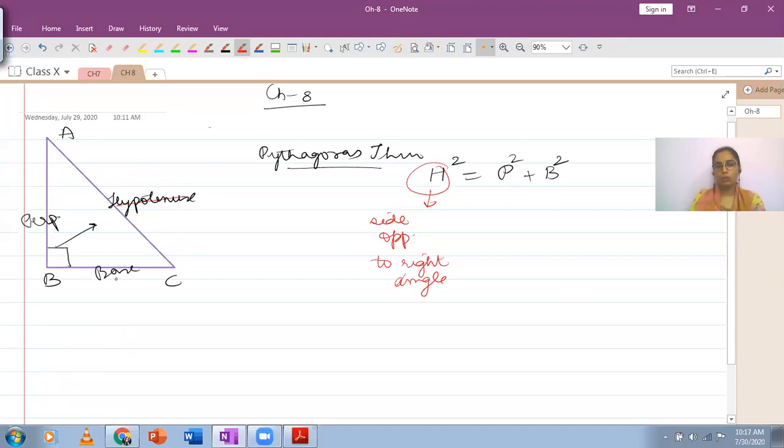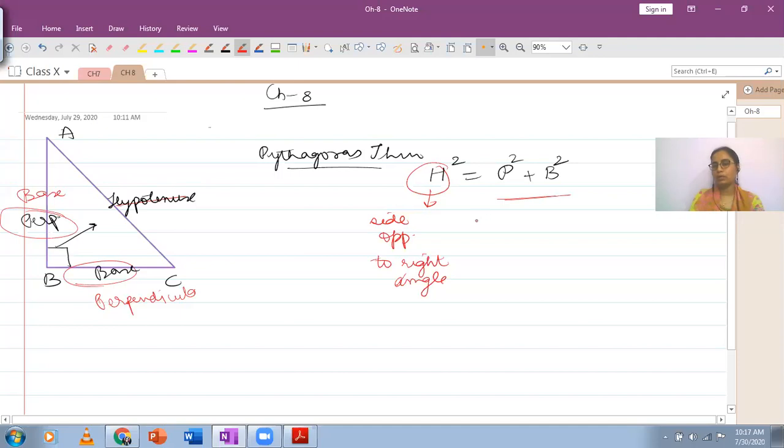सो हम थोड़ा सा ऑब्जर्वेशन को देख के, जस्ट लुकिंग एट द पिक्चर, हॉरिजॉन्टल साइड को हम बेस बोल देते हैं और जो साइड वर्टिकल है उसको परपेंडिकुलर बोल देते हैं. लेकिन अगर आप इसको उल्टा भी बोल दो, आप ये स्टैंडिंग साइड को बेस बोल दो और हॉरिजॉन्टल साइड को परपेंडिकुलर बोल दो, आपके सम पे कोई फर्क नहीं पड़ेगा. आपका आंसर जो होगा, आपकी कैलकुलेशंस जो होंगी वो सिमिलर होंगी. इट विल नॉट अफेक्ट योर आंसर. एम आई करेक्ट?